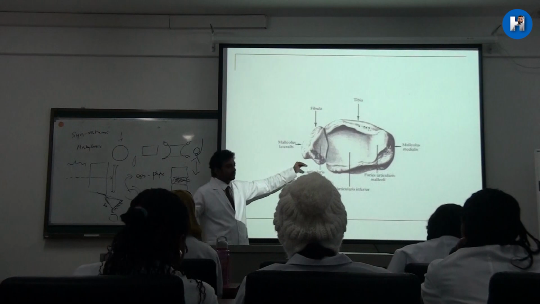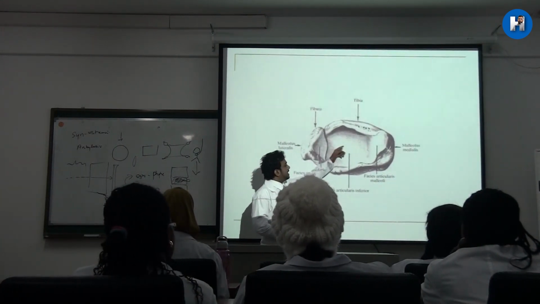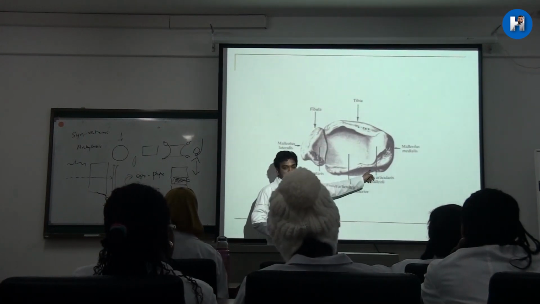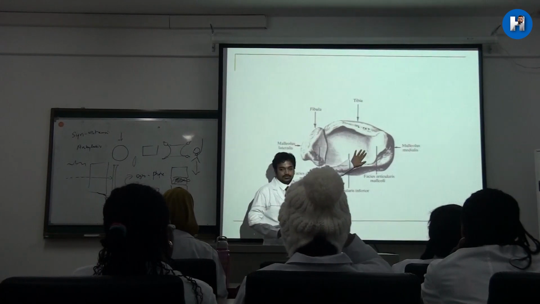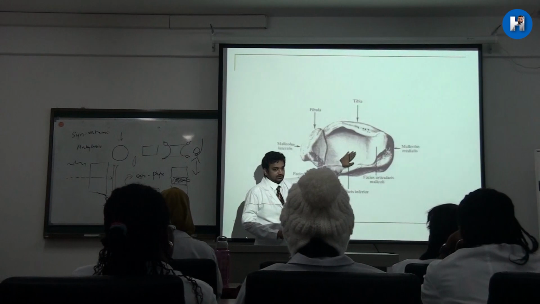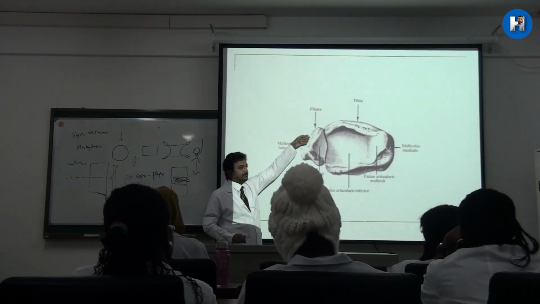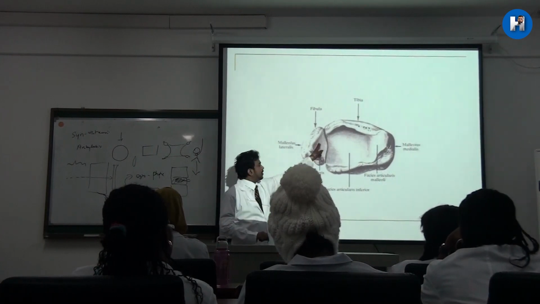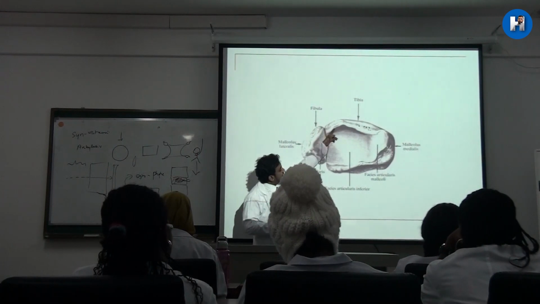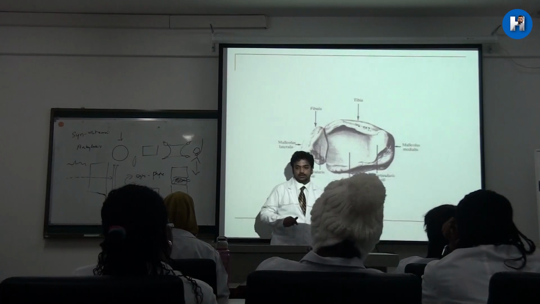Now you can see from down. This is going to be what? Tibia, this is fibula, and this is medial malleolus. In the medial malleolus, on the posterior side, you have the sulcus malleolaris, and this is the articular surface. So the inferior articular surface is going to attach to what? Talus. So talus also will have a facet for articulating with fibula, because fibula will be attached over here. The lower part of fibula will have an articular surface to attach to talus, and the upper part will connect with tibia, and this is called lateral malleolus, this is medial malleolus. Clear?